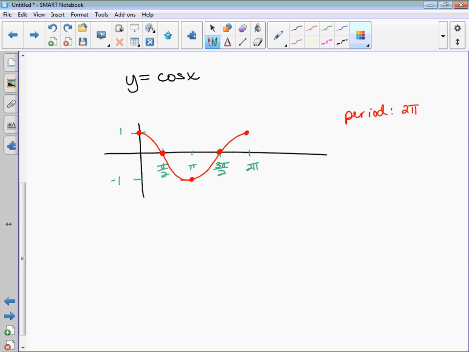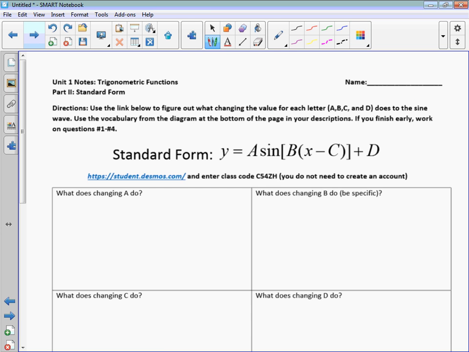Does anybody, sorry, I know I went through that really quickly, are we? I'm just assuming we're okay with this, are we? No questions on cosine? We get it? Okay. Alright, then let's look